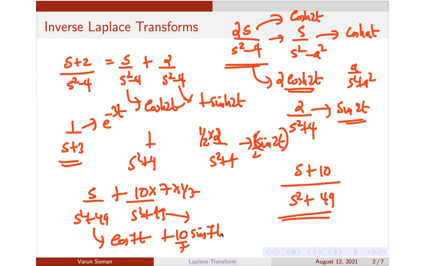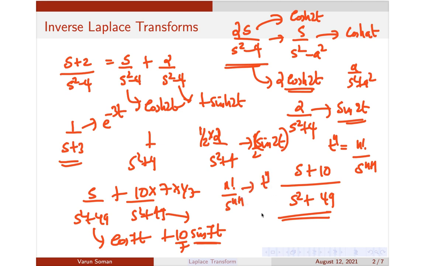So these are the basic ideas which will be used to find transforms. One more important concept you have to understand before you embark on problems: you know what is the transform of t raised to n. It is nothing but n factorial by s raised to n plus 1. Now I am asking you the reverse problem. What will be the inverse transform of n factorial by s raised to n plus 1? It is nothing but t raised to n.